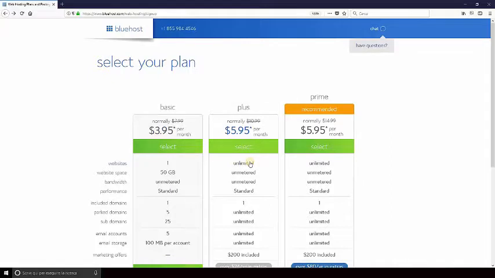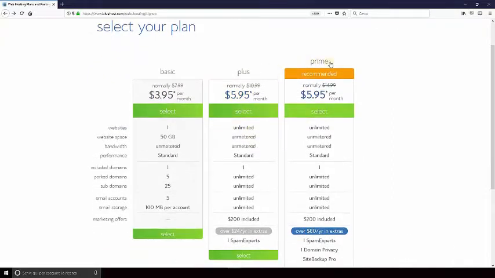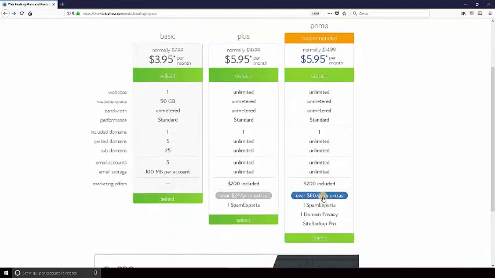Now you might say, the prime plan has the same price as the plus plan. Yes, but it has more extras that we don't really need. They are a waste of money because we can replace them with free plugins in WordPress. So my recommendation, as I said, is to choose between the basic and the plus plan. One website, unlimited websites. So either one you choose, click select,